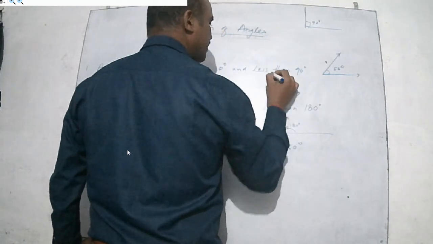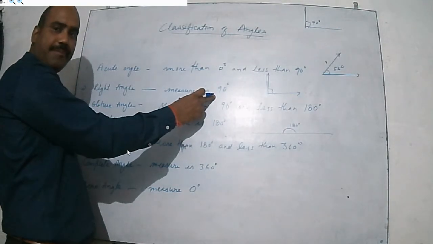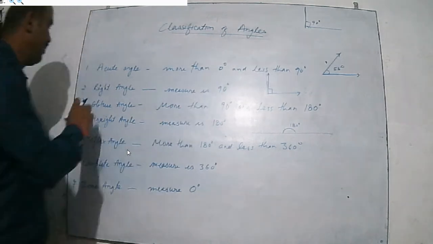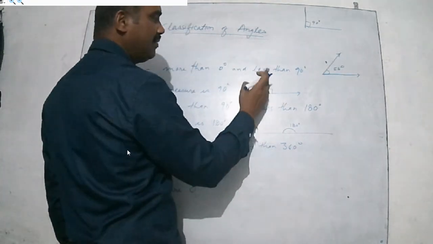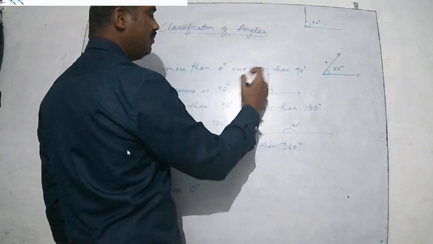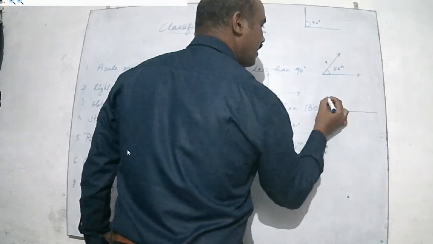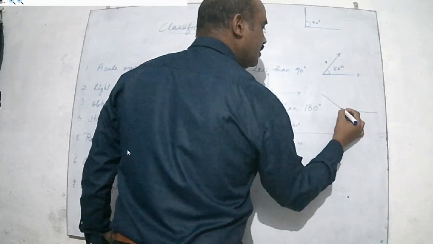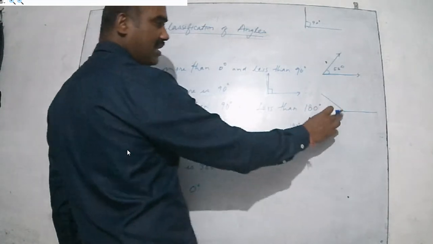If we measure with the help of a protractor, you see it is 90 degrees. Okay, here you see it is 90 degrees. If we talk about this obtuse angle, it is more than 90 and less than 180. More than 90 means this arm comes to this side like this. This is our baseline. Okay, it is more than 90 degrees but less than 180.